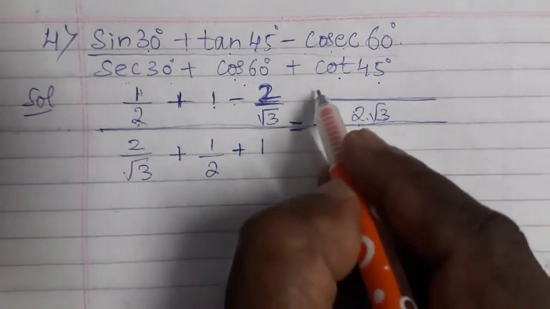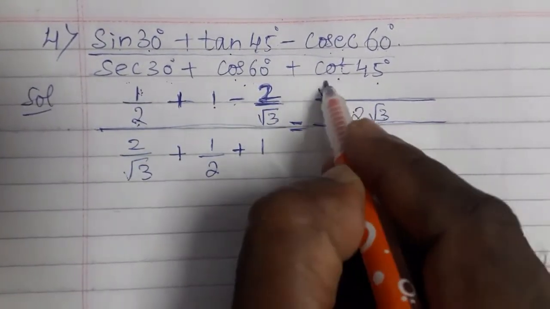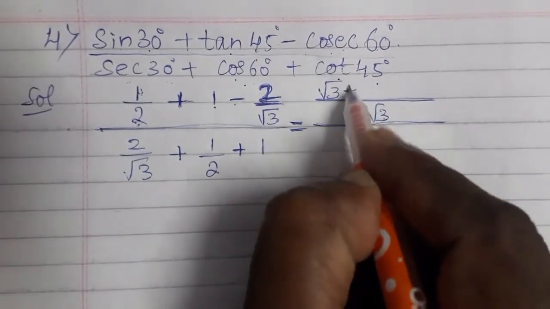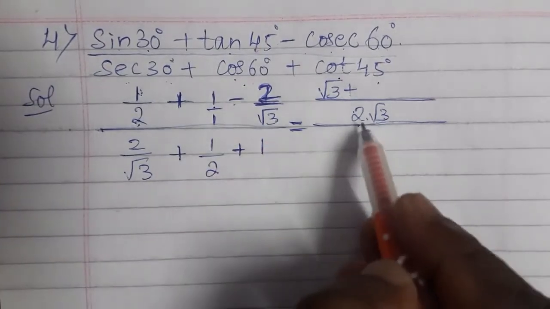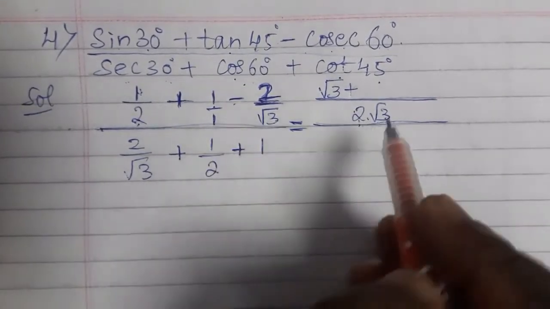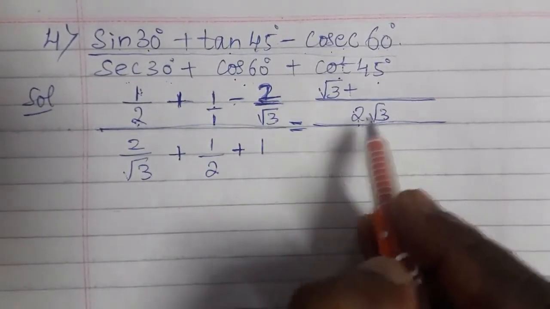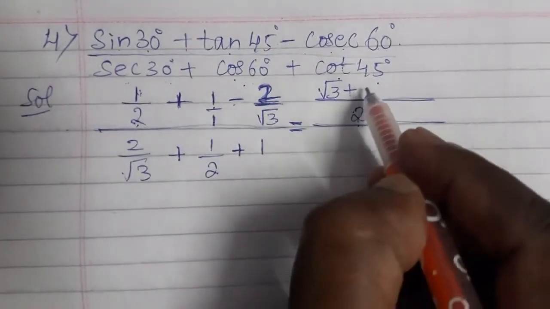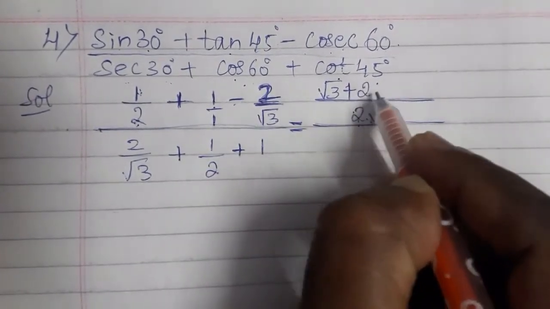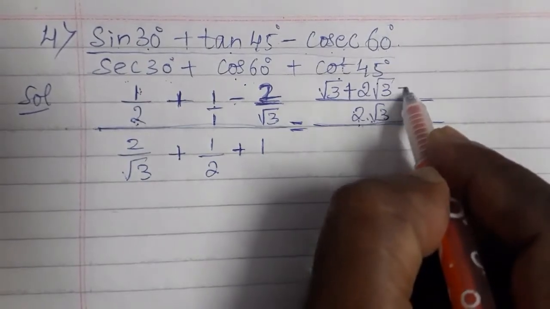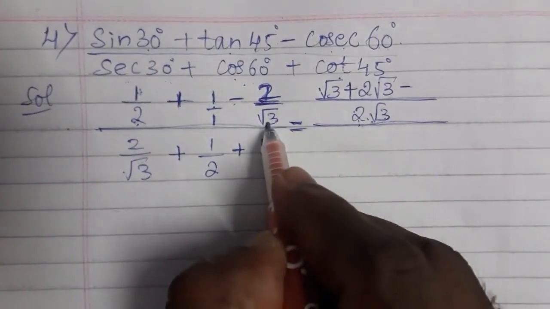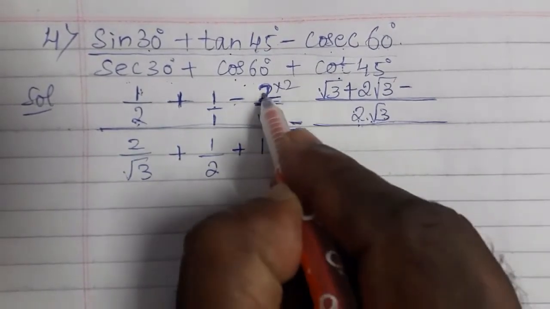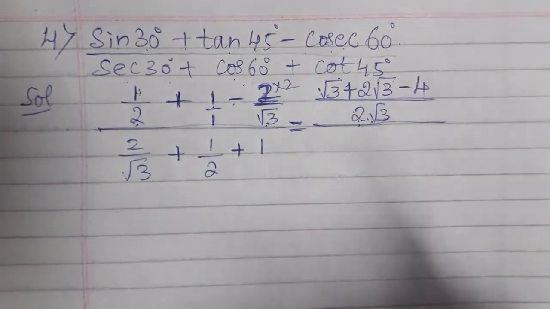You multiply to the numerator. So you get here root 3 plus. Because there is no number, it is considered as 1. 2 root 3 divided by 1. 2 root 3 remains same. So this 2 root 3 should be multiplied to the numerator. So what you will get? 2 root 3 minus 2 root 3 divided by root 3. Root 3 will cancel. So 2 will remain. 2 2s are 4. This is numerator.